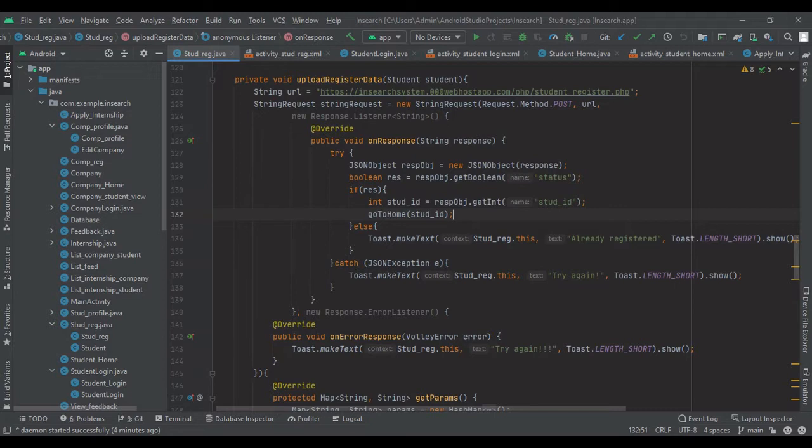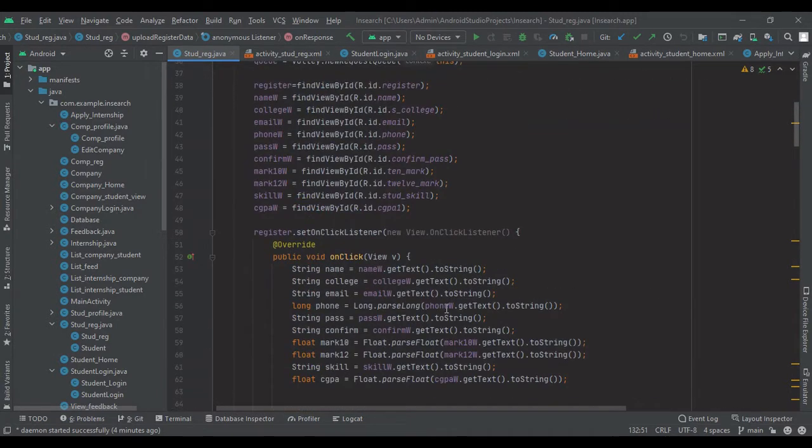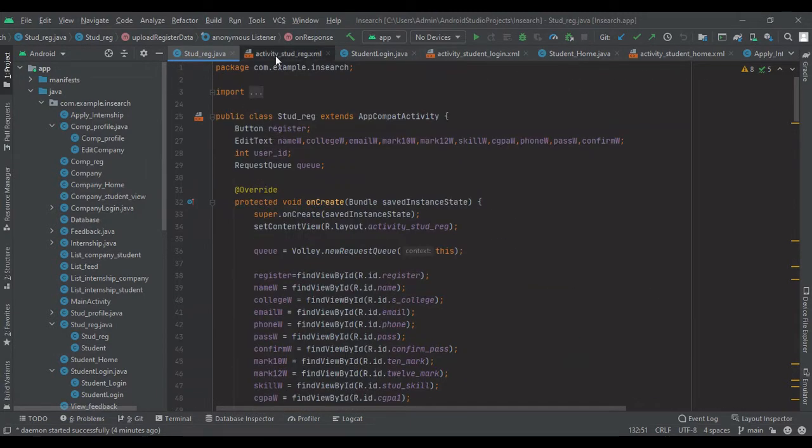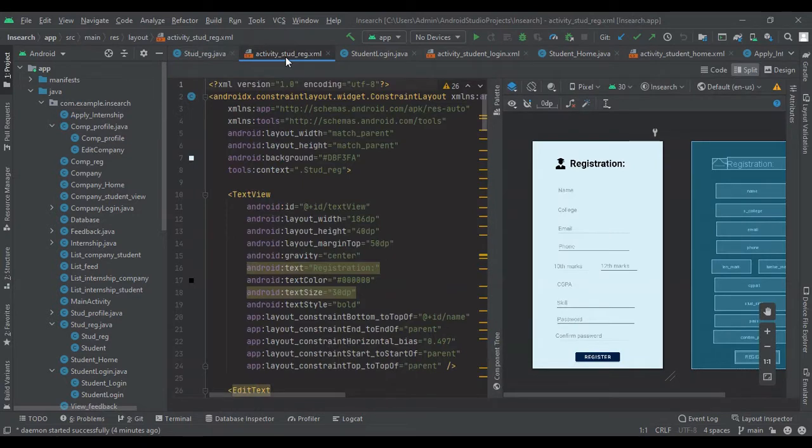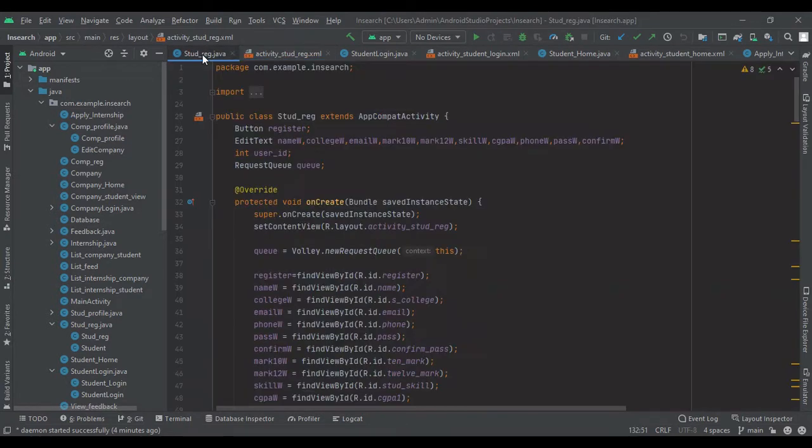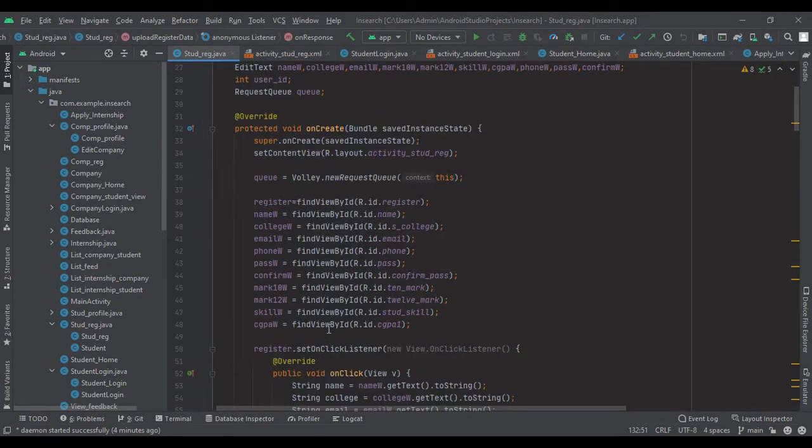For example, in the student registration, all the text views and buttons are recognized by using findViewById, by giving their IDs, the IDs of the text view or the button, everything. Then